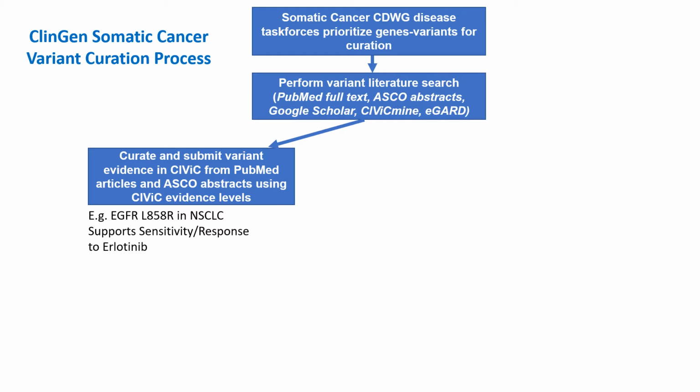Based on the cancer genomic information and its clinical significance in each scientific paper, we then curate an evidence item in CIVIC. For example, we can search for scientific papers that contain clinical, preclinical, or some sort of functional evidence demonstrating that the exon 21 L858R amino acid substitution in the EGFR gene supports sensitivity or response to the drug erlotinib in non-small cell lung cancer, and then curate multiple evidence items from these publications in CIVIC to capture this